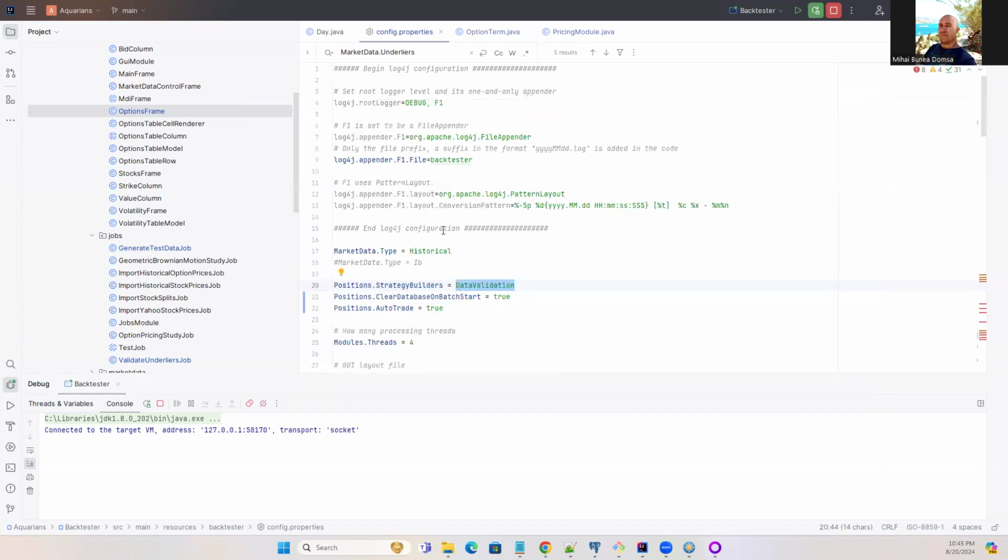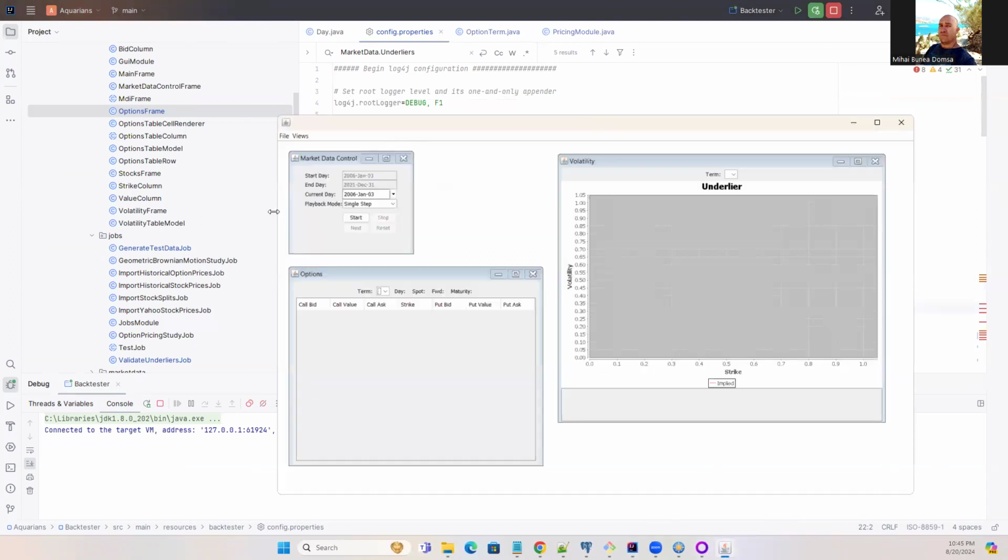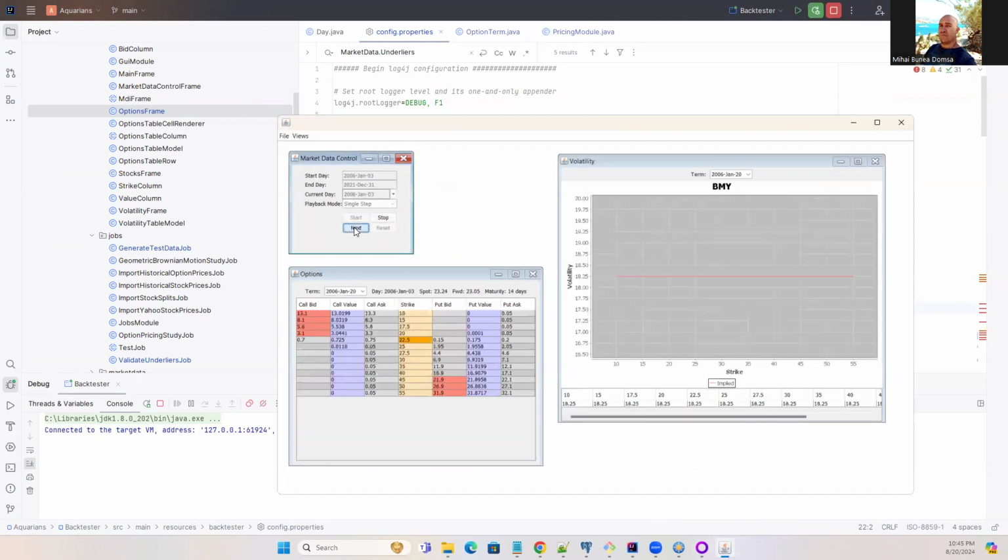So let's stop the application and comment this so it doesn't reset the database when we restart the application,